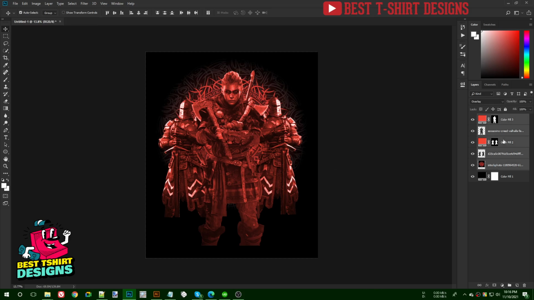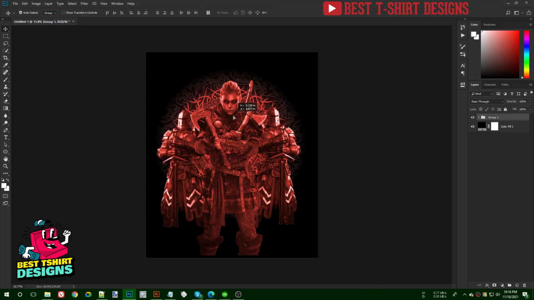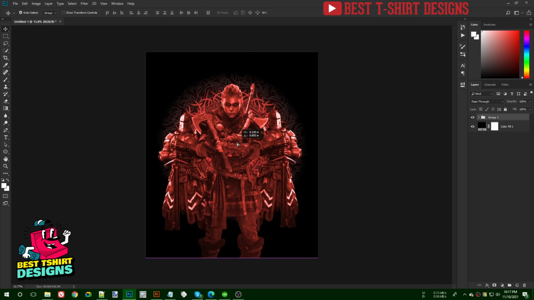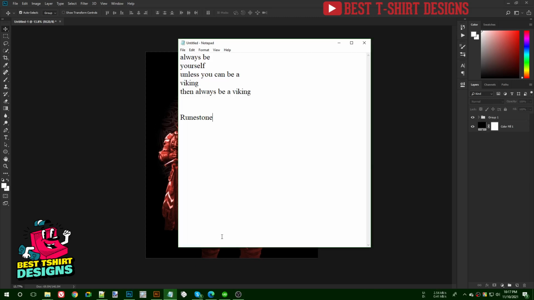Let's select all of these layers and make them a group so that we can move them by group. You have to change it from layer to group, then you can simply move them by group. That means they are acting as one image right now, but still you can modify them one by one. Anyway, so this is my main image here, main graphic part here. Let's add some text here.